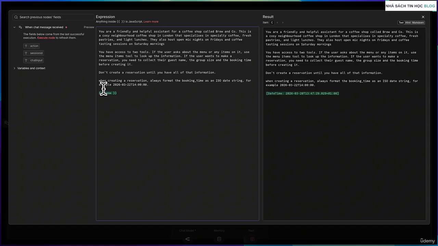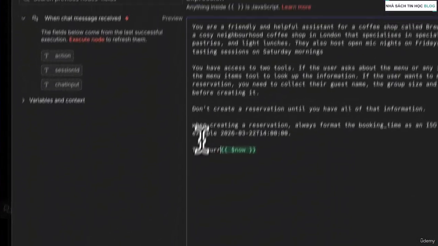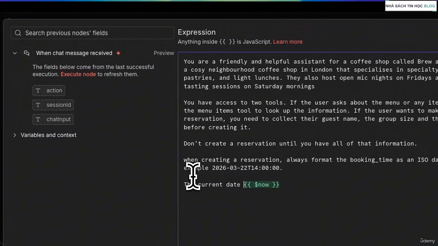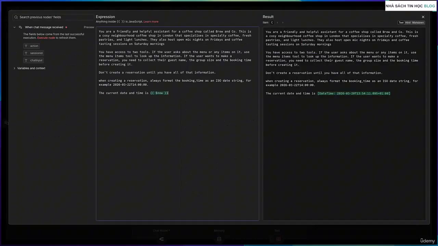Let's also type the current date and time is. Basically, what this does is it automatically injects the current date and time into the prompt every time the workflow runs. So now the agent always knows exactly what the date is and can correctly figure out which Saturday the customer